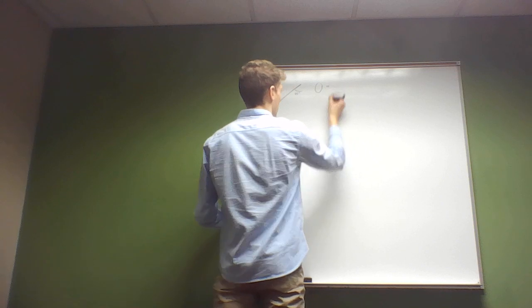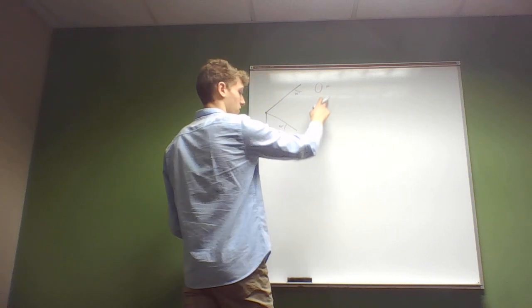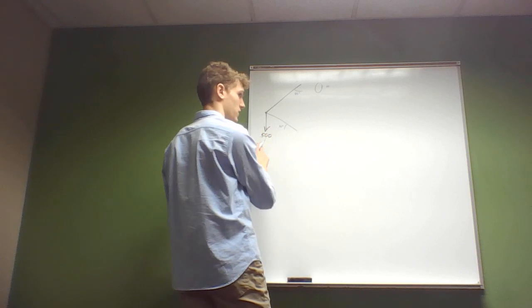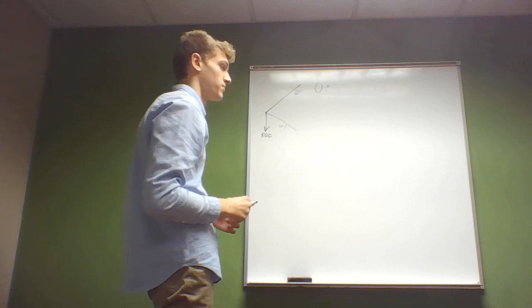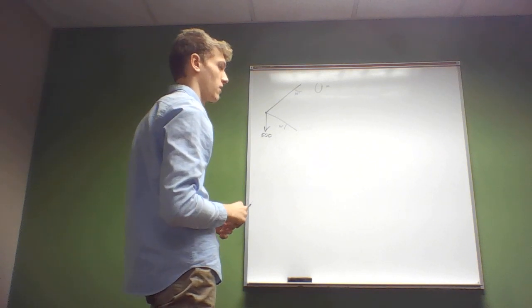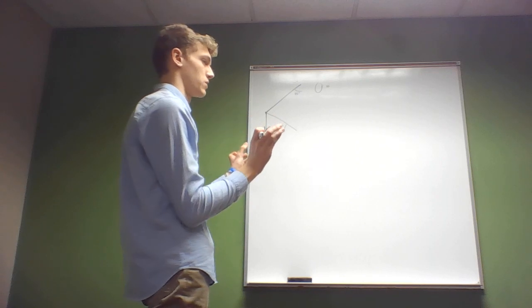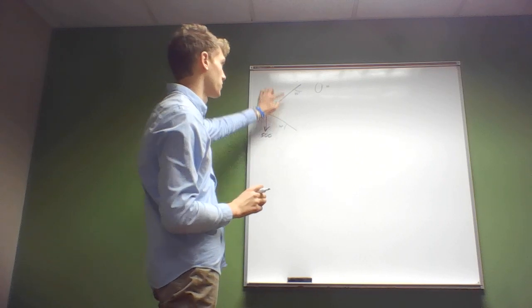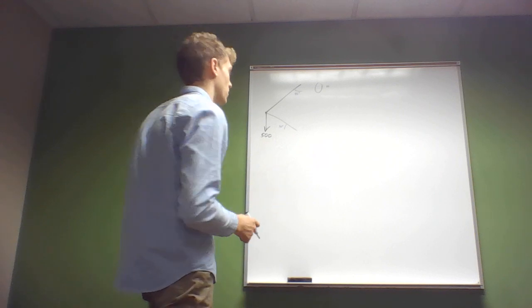Or they're zero. So the way I wrote it is I made one equation for my x forces and one equation for my y forces. You're really only worried about your y forces if you know your x forces are equal to 0. But if you can make an equation for each, and you have two unknowns with your magnitudes, then you have two equations and two variables, and you can solve for those.